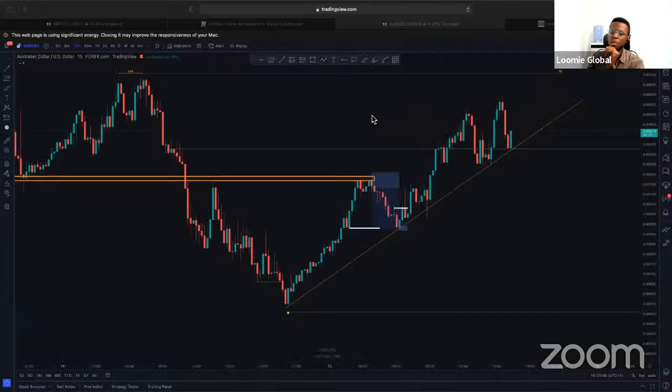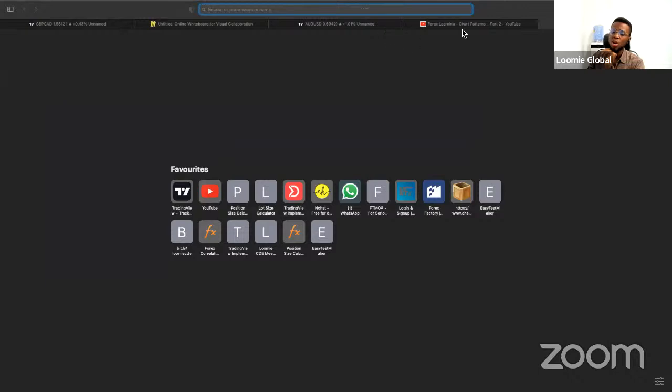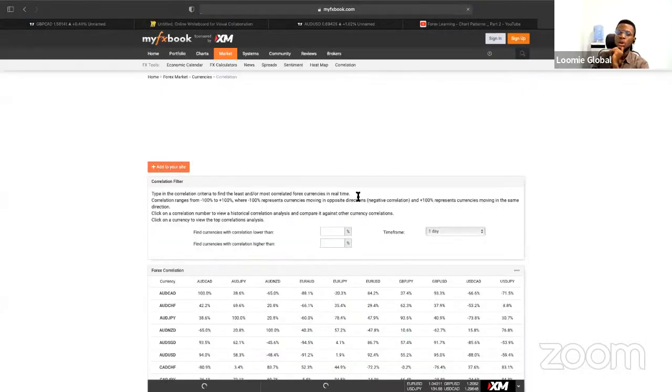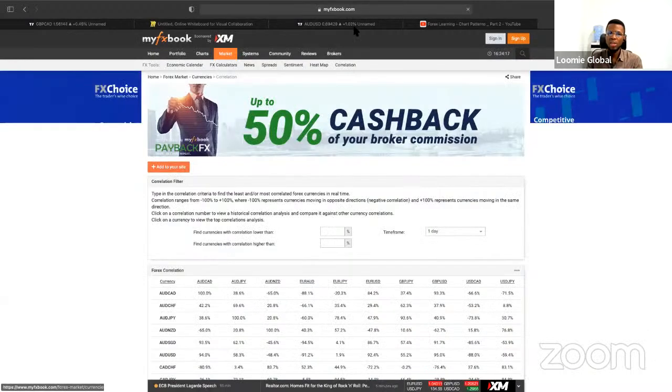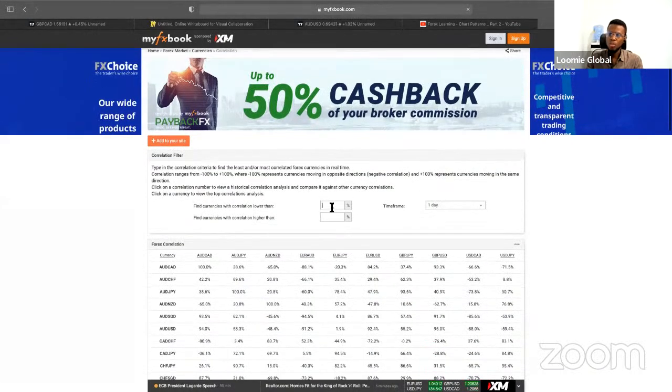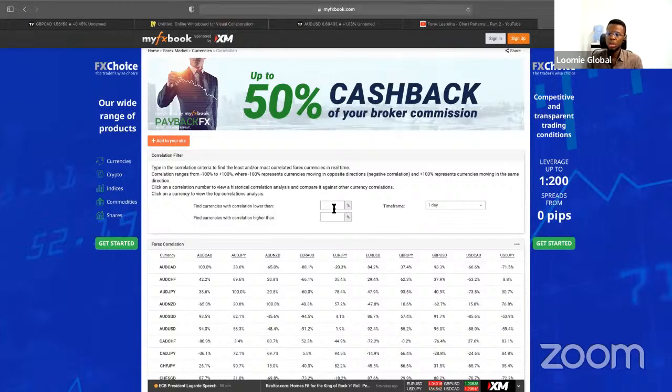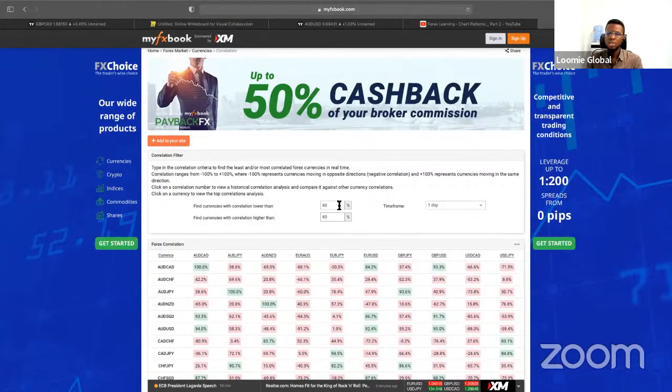I think one last thing that I can just show you, if you are interested in studying currency pair correlation, is my FX book. My FX book has a number of tools that are very useful. I have that bookmarked because once in a while, when I find a really good trade on a pair that I don't really trade, I usually check, is this pair correlated with another currency pair that I intend to trade? Now, this is my FX book. They have a correlation filter. So based on their metrics and how they have set up this page, I can search for just currencies that